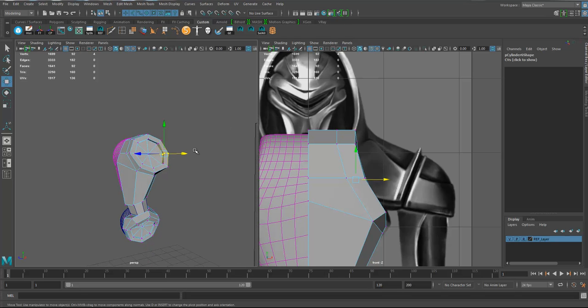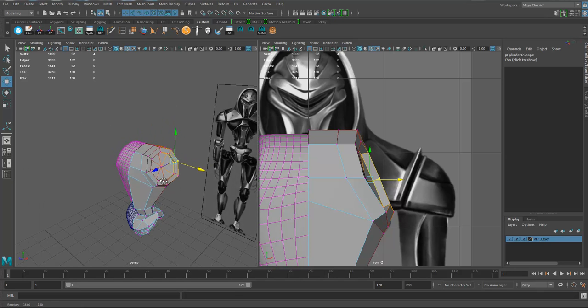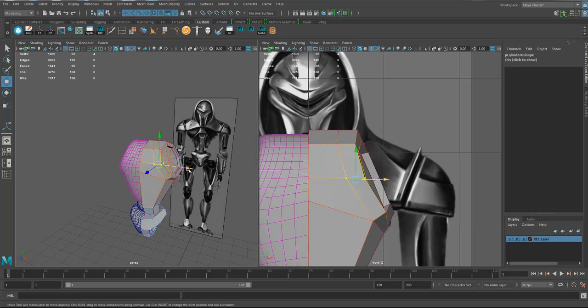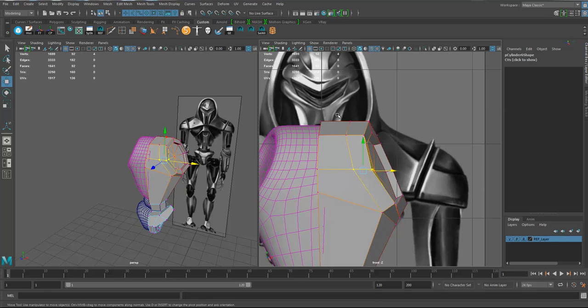I'm just going to hit B on my keyboard and put my soft selection on. If you hold down B and you middle click drag, you can go in and get the soft selection. You can change the size of your soft selection. Okay, so again, hold down B, middle click, whoop, and it will change the size of your soft selection. And I got to watch out because those vertices I selected there, they're drifting in the center, so I got to, oh, I screwed up. I'll turn off soft